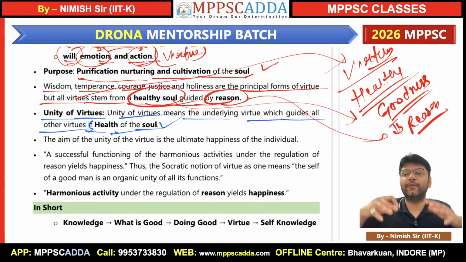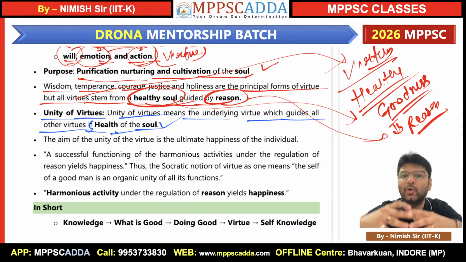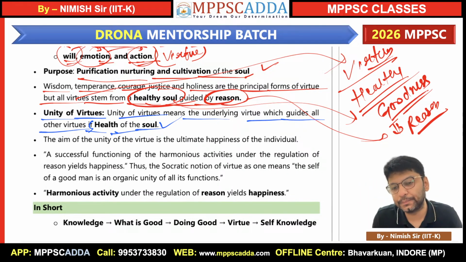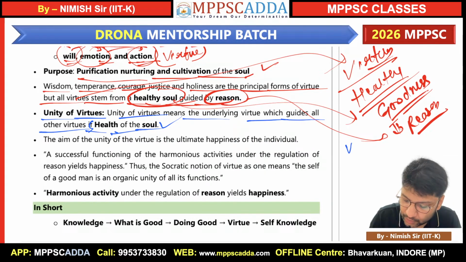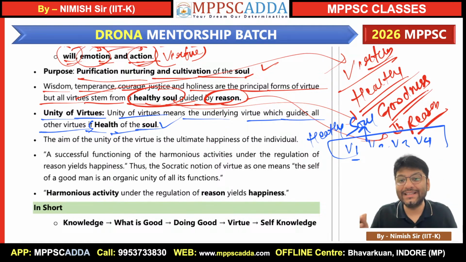The unity of virtue means all virtues are directed towards the same goal, that is the health of the soul. तो अगर ये आइडिया, ये क्वेश्चन आ जाए एग्जाम में तो समझ जाइएगा, यूनिटी ऑफ वर्च्यू का मतलब है जितने भी वर्च्यूज हैं, वर्च्यू 1, वर्च्यू 2, वर्च्यू 3, वर्च्यू 4, all are directed towards one goal, that is healthy soul. हेल्दी सोल की तरफ सब डायरेक्ट हो रहे हैं, इसलिए हम उसे यूनाइटेड बोल रहे हैं।